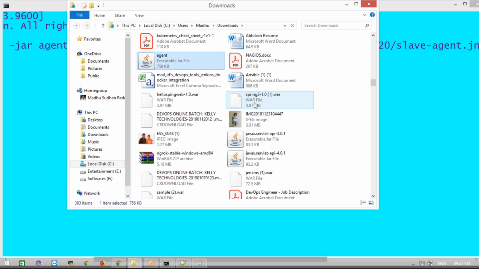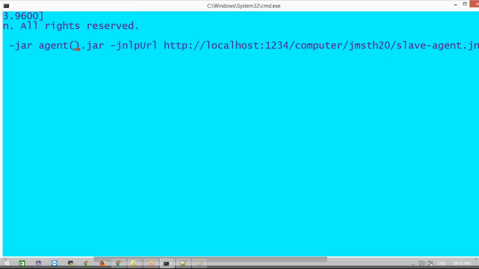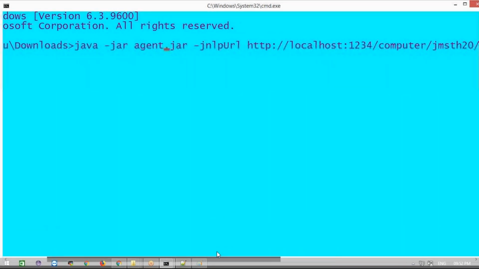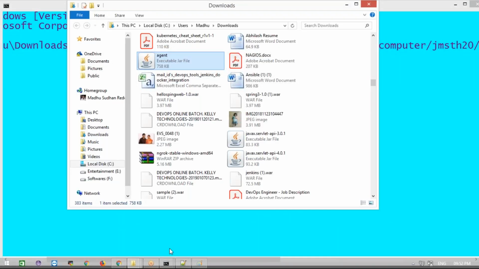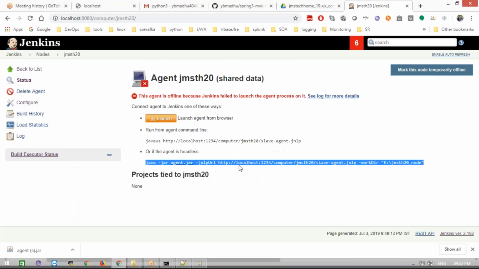It is there, right? It's changed. Okay, if you want to rename it again, you can. For you guys it's not required. If you download it the first time, even if you give the 6 also, it will work. Now what is happening here? What is the command? I'm running this jar. If I run this jar, my node will become online. See, java -jar agent.jar -jnlpUrl, and this is my Jenkins URL, and I need to change this URL also